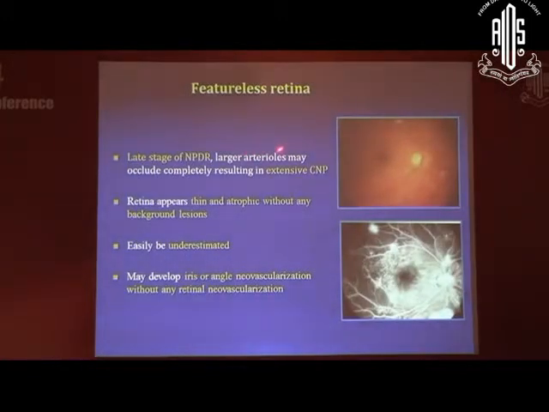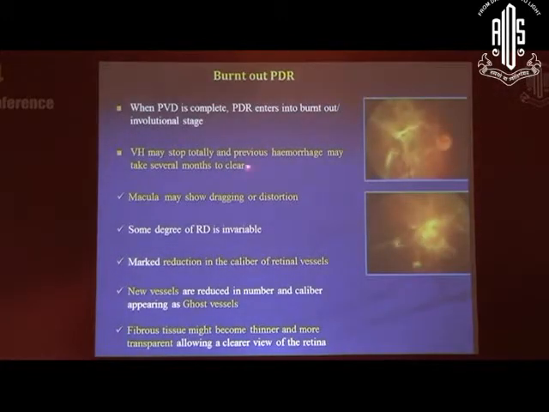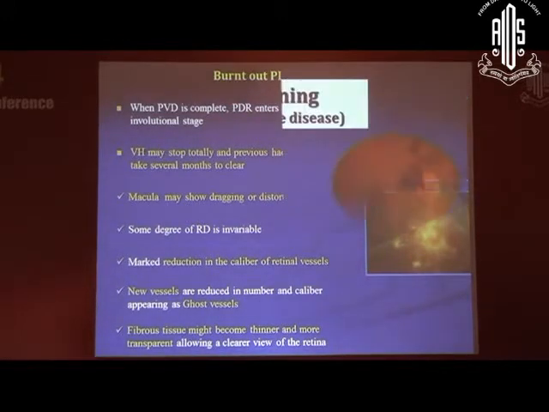One more thing to keep in mind when you are classifying: for example, we coined the term featureless retina. What it means is that sometimes with these fundus findings we tend to underestimate the retina, but these patients would have had an advanced stage of retinopathy, so this has to be taken into consideration while classifying the retinopathy. Of course, the last stage of proliferative disease is a burnt out retinopathy, where you tend to have avascular fibrosis, sclerosed vessels and an ischemic retina also. This is also one of the classifications of PDR.